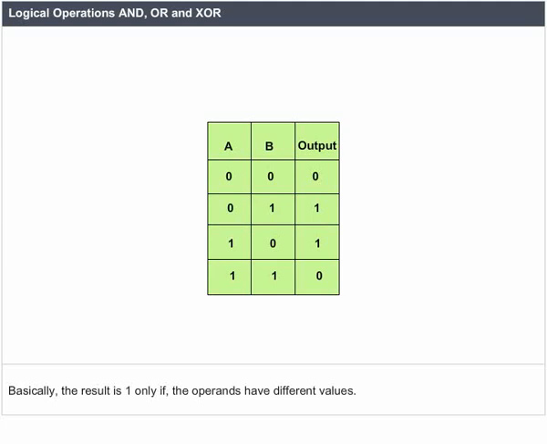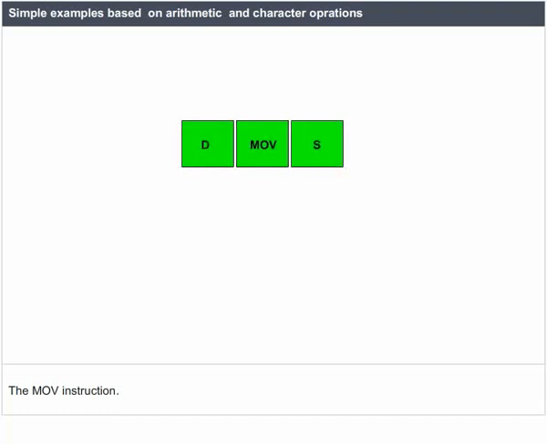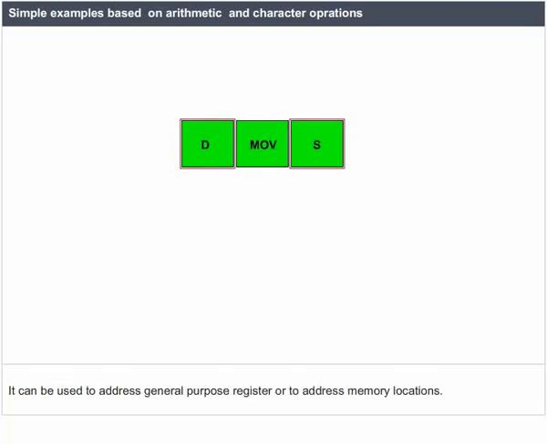Basically, the result is 1 only if the operands have different values. The mov instruction. The instruction used to move an operand from one location to another one is mov. It can be used to address general purpose register or